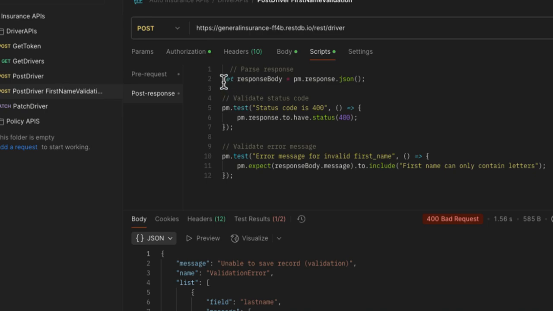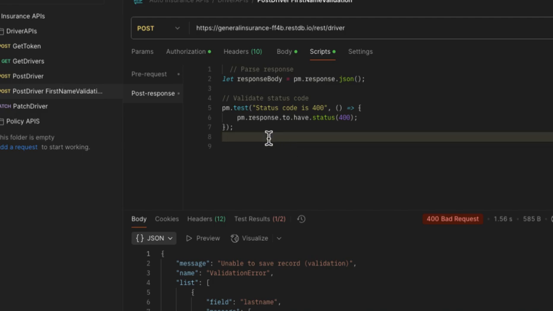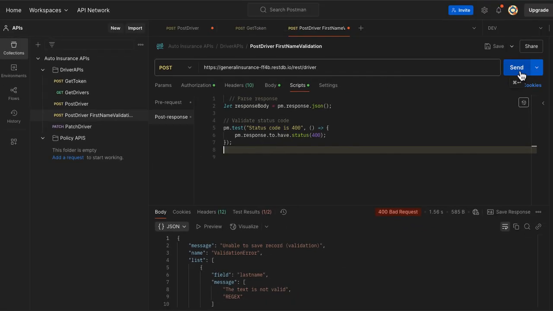What this does is this one will capture the response, and then this one will test that the status code should be 400, because we are expecting that it should be 400 since we are providing an invalid first name. That's all. And now if I hit send,